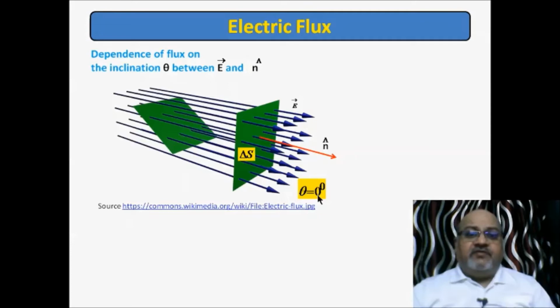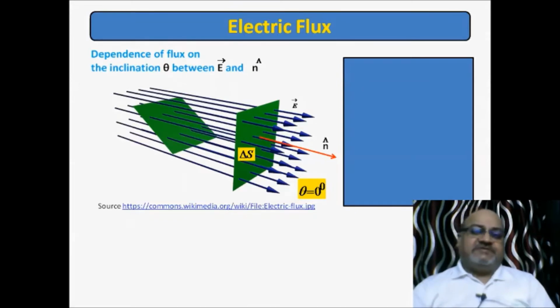And compared to liquid flow, there was also same case. What was liquid flux? V ds cos theta. When theta is 0, what was flux? V ds. And that was the case 1. There also, when area element was perpendicular to the flow, here also theta is 0. Same concept. But here these arrows are showing the electric field lines or direction of electric field. Red perpendicular arrow showing the direction of area vector. That is, direction is given by n cap.